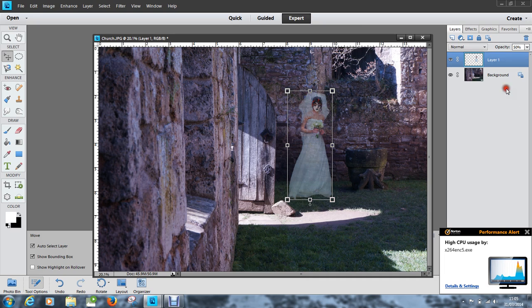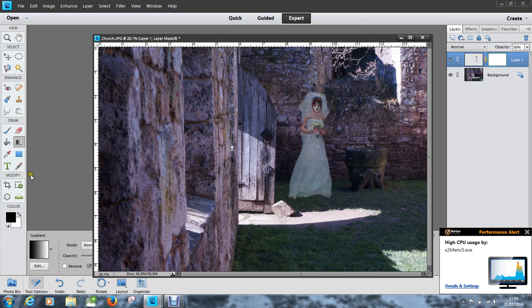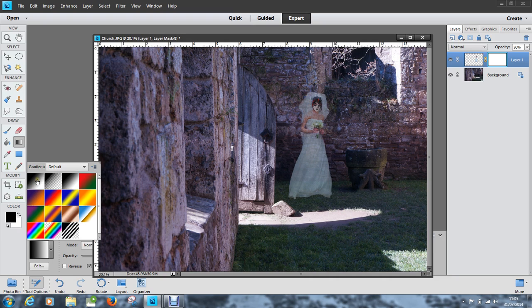Right, now I'm going to put a layer mask on that layer, and this time, instead of going to my brush over here, I'm going to go to my gradient tool. Now it's important that you choose the black and white gradient down here. So I'm going to go here, and I can choose any of those, that gradient or that gradient, because I need the black and the white. Remember, the black reveals, the white hides. And choose that one, and then I'm going to go up here,